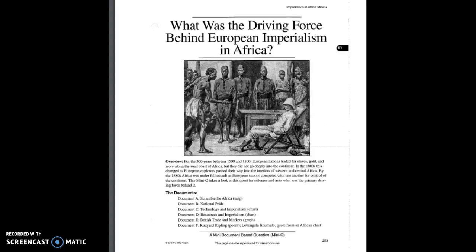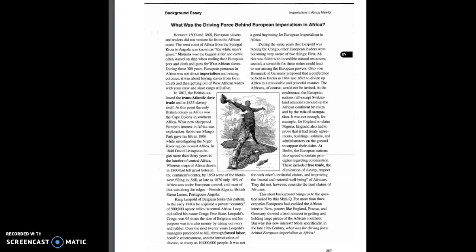For example, Great Britain, one of our strongest industrialized nations, were the ones that gobbled up most of the territories early on, not only in Africa, but in our discussions of India and other places around the world. Now remember, in class we've talked about different motives. When we mean motive, we're talking about what is causing Europeans to actually go into Africa and want to take it over. There are several factors, or motivations, that we addressed.